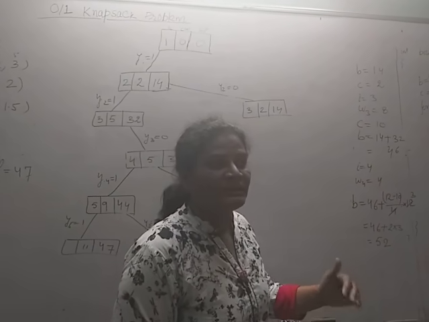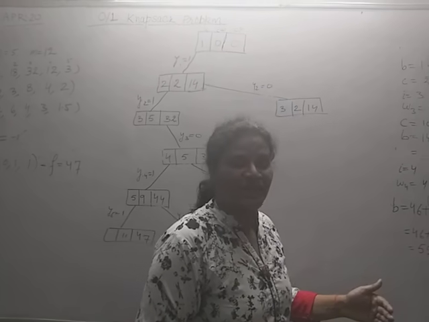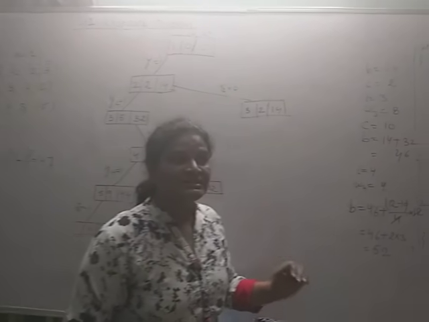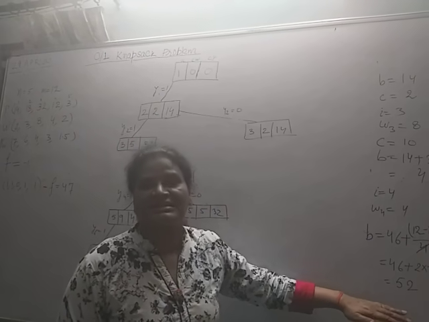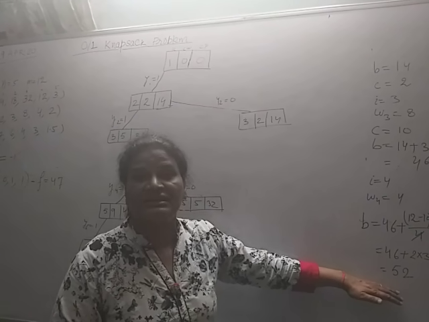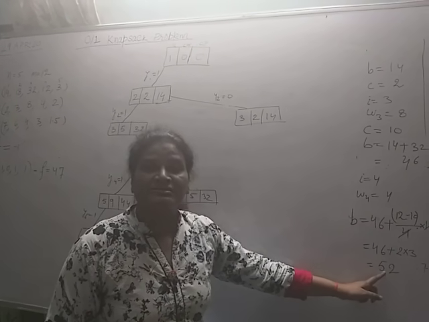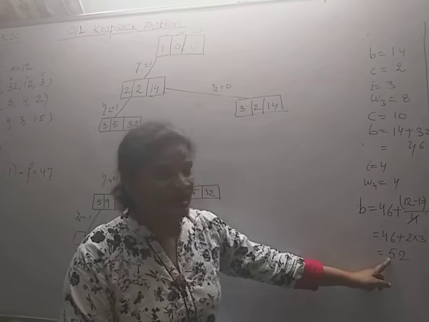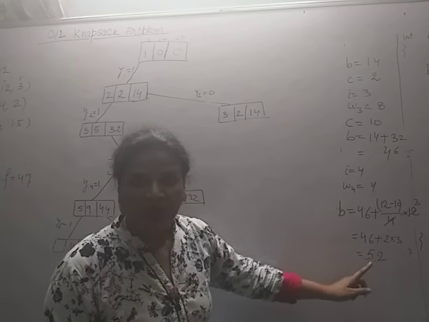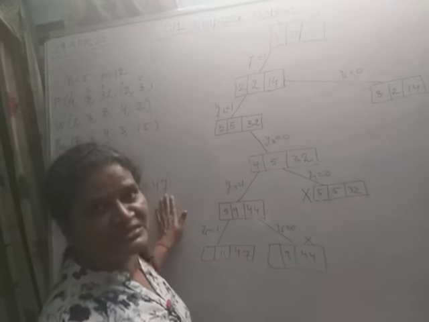So this is some type of estimate: if we relax the condition and allow the fraction, then the profit is always maximum. This is not saying that it always gives the better solution, but the profit generated by the greedy technique, or by allowing the fraction, is 52. And the solution vector generated so far has a profit of 47.